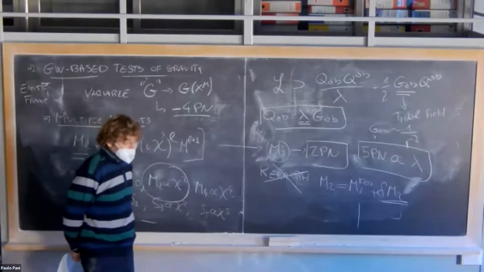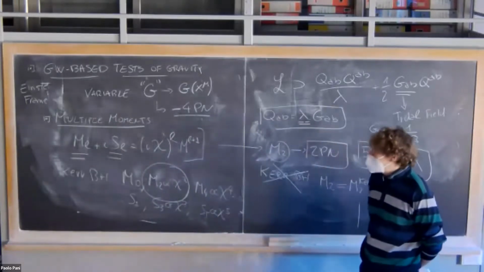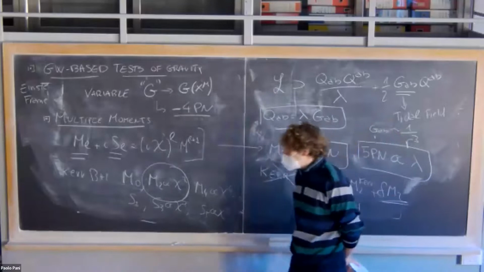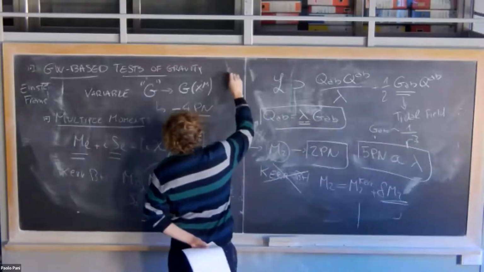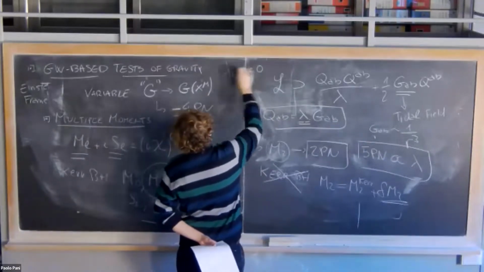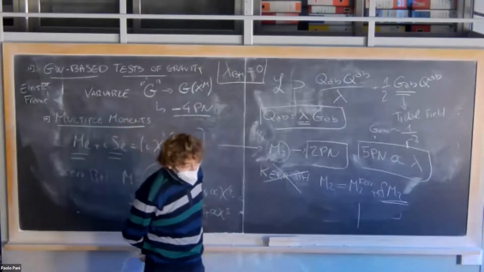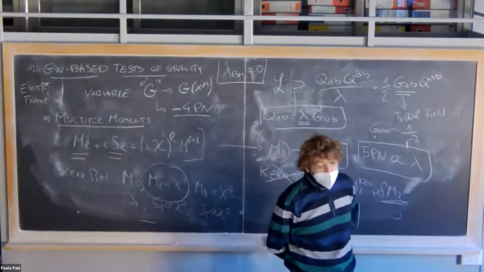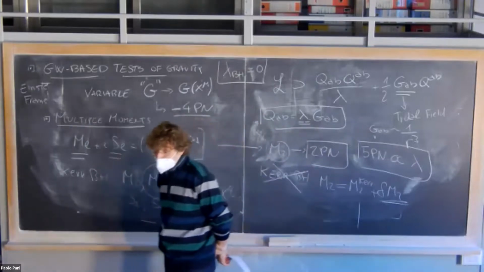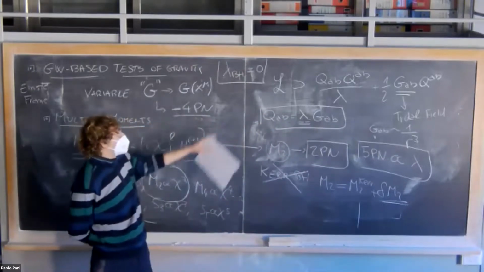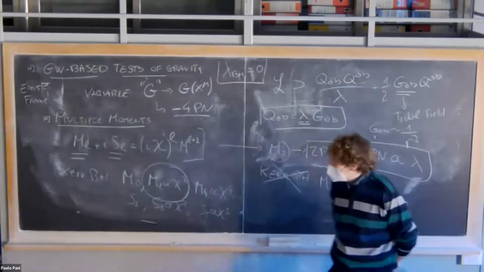Why is it relevant in the context of tests of GR? Because, as you will learn from Eric Poisson's lectures, the tidal numbers of black holes in GR are 0. So this lambda for a black hole is exactly 0. And this is not true essentially in any other case. It's not true for neutron stars, it's not true for black holes in modified gravity, and it is not true if the object is not a black hole. So it's really a property of Kerr black holes, so black holes in general relativity,